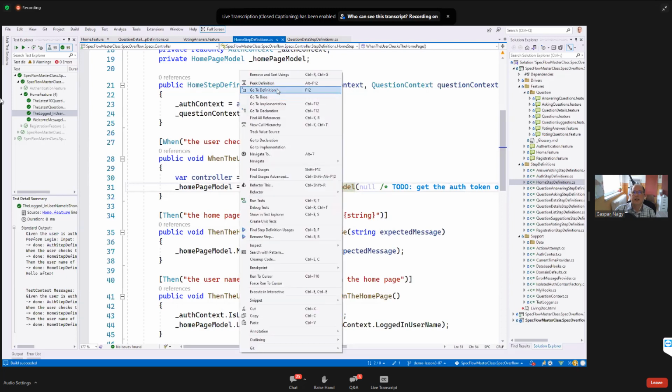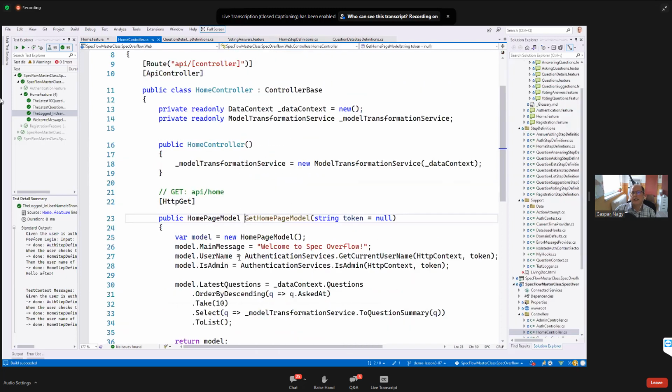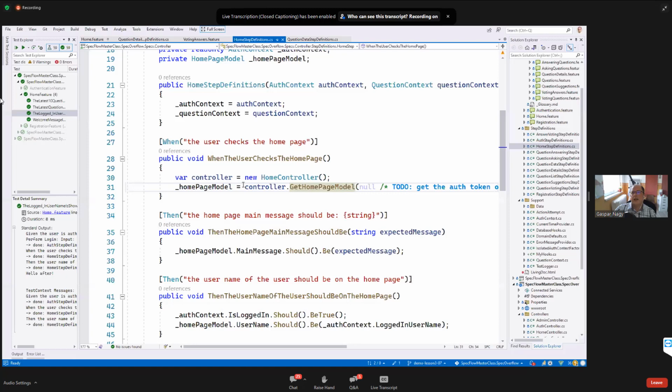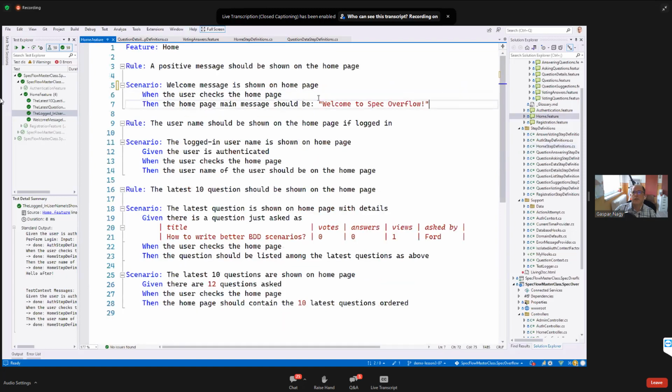So if I just go to the definition, you see that it just creates a homepage model. It sets the main message. It sets what is the current username, what is the current admin, what are the latest questions whatsoever. So basically, it creates this homepage model that is displayed on the homepage. However, the verification whether we wanted to check the main message is in another step definition because it's in another step. "Then the home page main message should be", and we had some string here, so we had some "welcome to Stack Overflow" here,